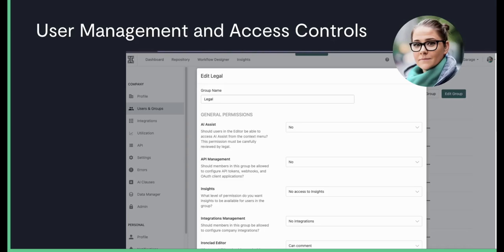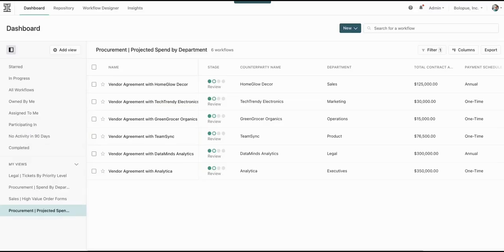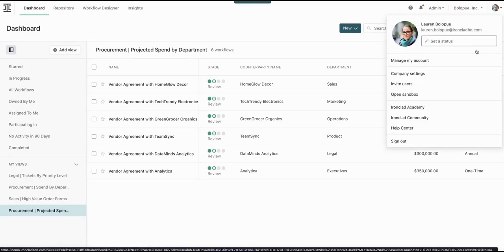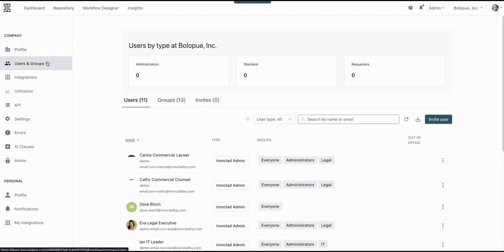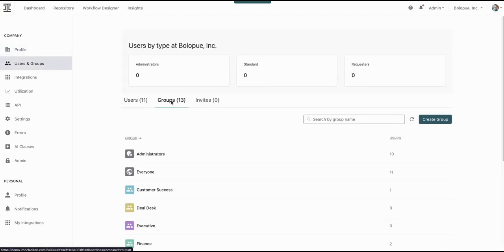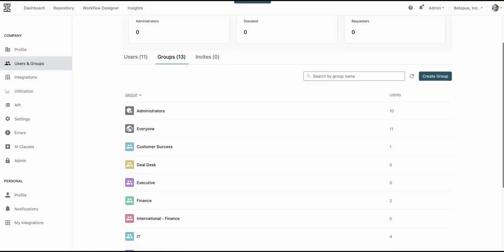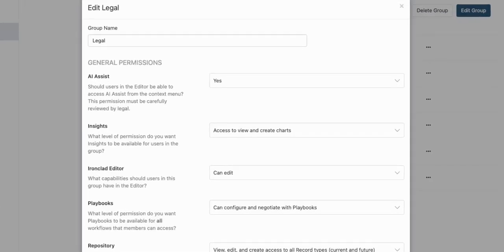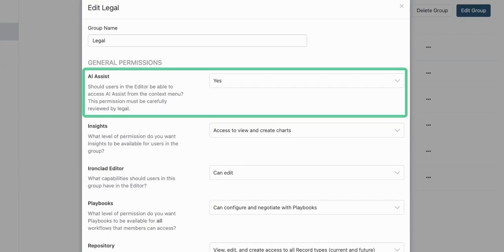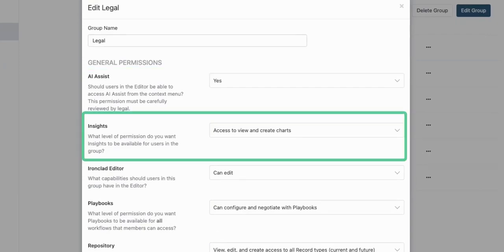Utilizing role-based access permissions, Ironclad allows admins to manage access controls and permissions directly within the platform to provision users via Ironclad's SCIM integration. Permissions and record accesses are inherited via groups, which are assigned to each user in Ironclad. Ironclad has robust permission sets, allowing you to configure group access rights, to use Ironclad's AI capabilities, view reporting, comment,